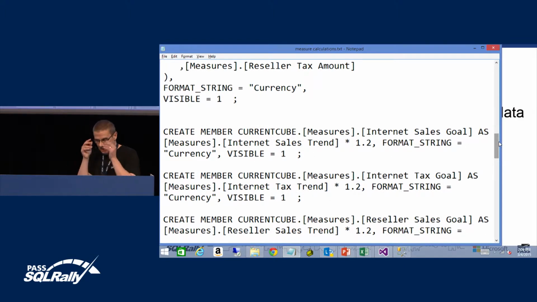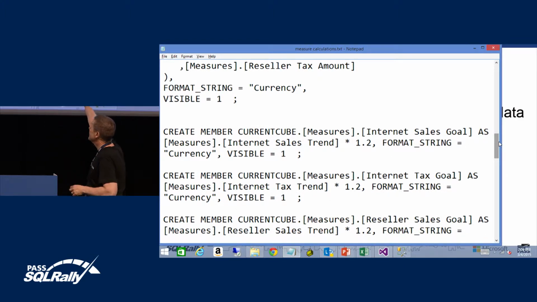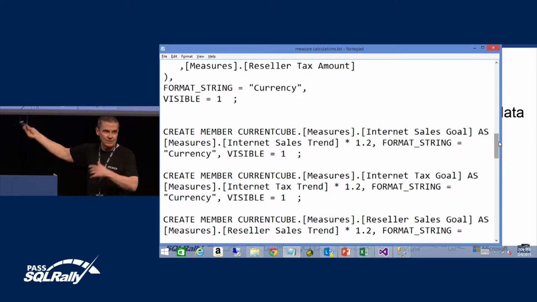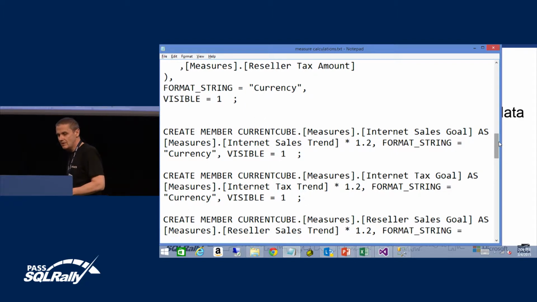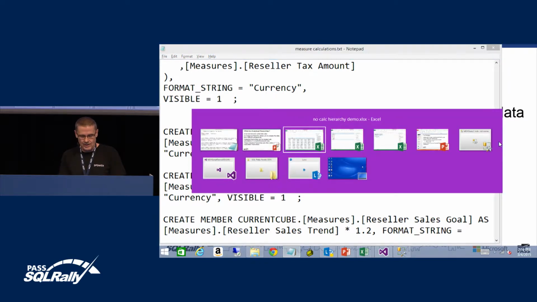I'm saying, well, I'm going to take the last 12 months, the sales trend, and multiply that by 1.2, say 20% higher than whatever you sold, and that's going to be the goal for the coming period. Obviously, that's a lot simpler than what most businesses would set their goals. But a lot of businesses do set their goals, or their targets, in some way like that, usually more complicated, but you can certainly get the idea with this. What it looks like